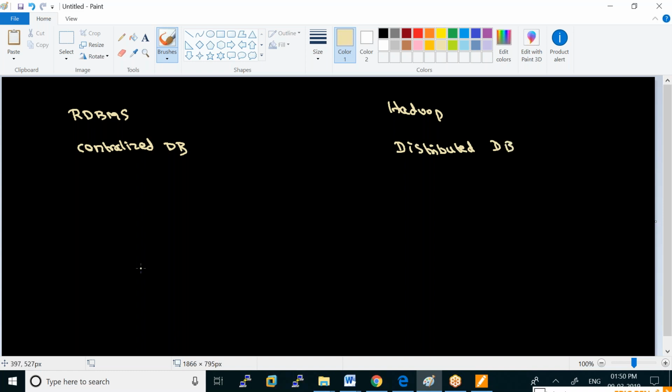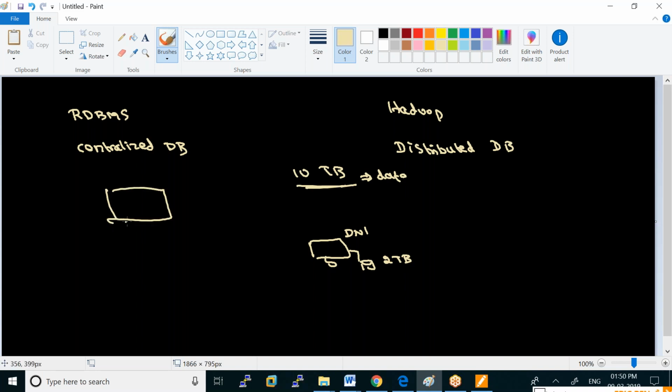So what is a distributed database? Imagine you have data nodes, and each data node's capacity is 2 TB. Here you want to store 10 TB of data. In an RDBMS, you need a single server with a hard disk capacity of 10 TB. Only then can you accommodate all the data. This is a single